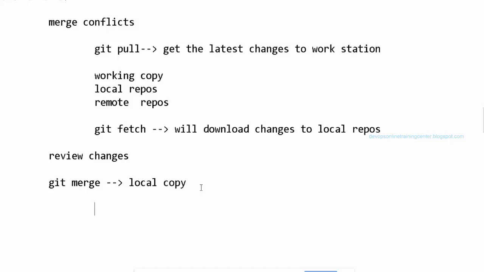Yeah, all those git merge or git pull commands are going to be applied to all the files in the repository. You cannot say git merge file 1 from repository 1. You cannot do that. It's mostly for all the files. When we say git pull, it downloads the entire .git to our local machine.